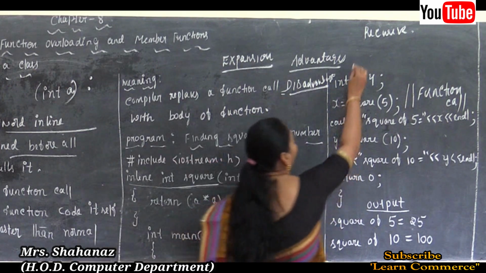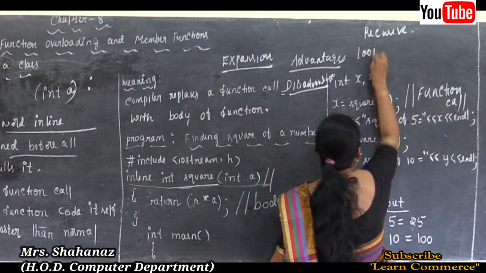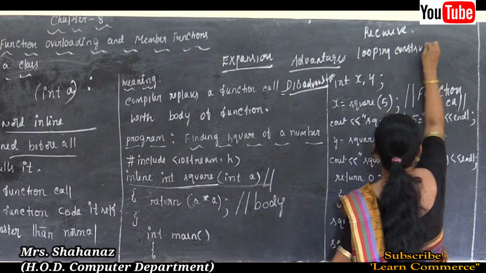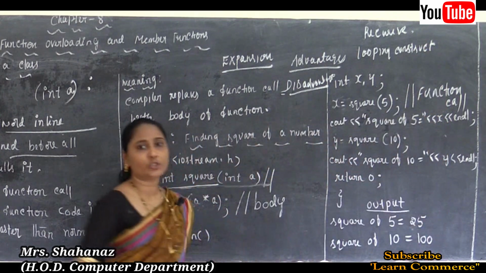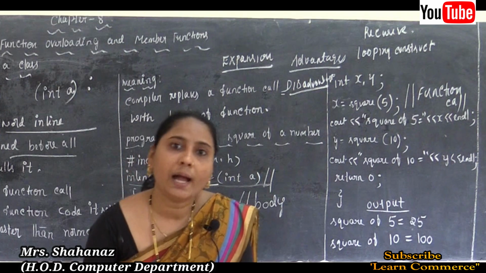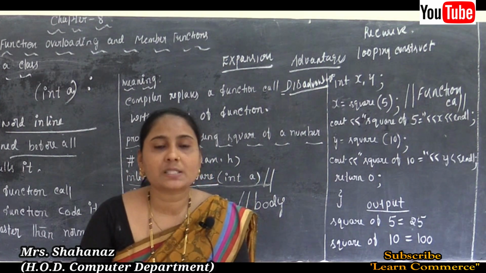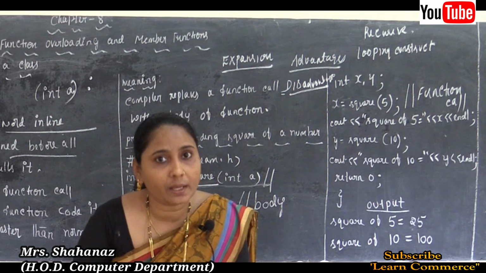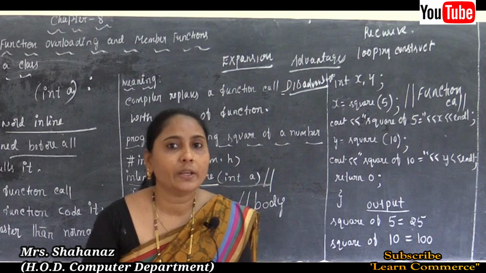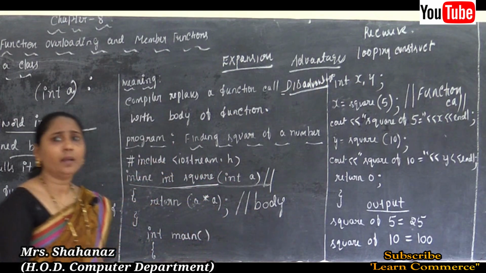and the third point we can say that when inline function is a looping construct. Why? Because the looping construct, why? Because in our looping construct how we are going to use? By using the looping condition for i is equal to 0, i less than 5, i plus plus, so like that we are going to apply here. So such application or such constructing looping construct not possible by using our inline function.